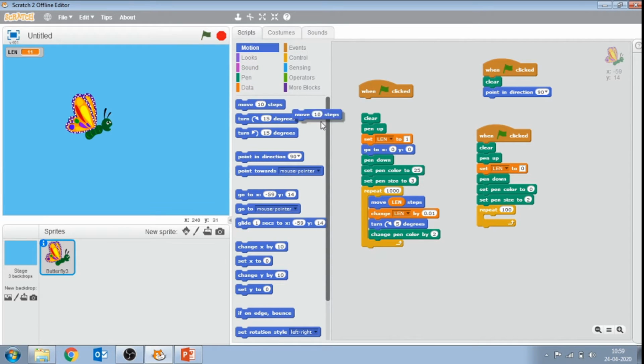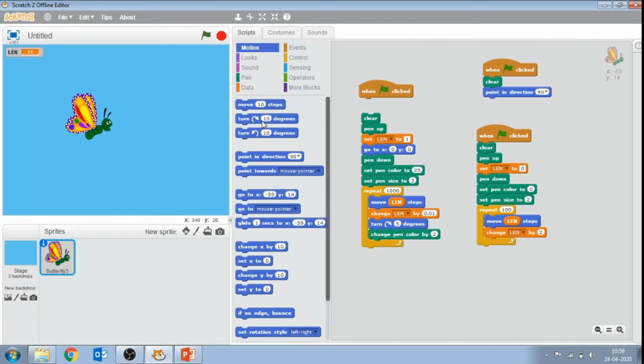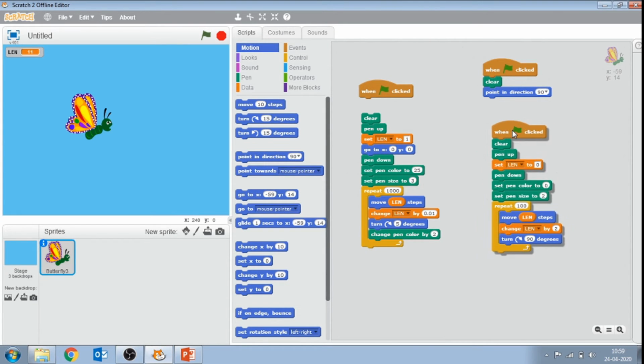Go to the motion block, move 10; instead of 10 steps, drag length, move length steps, then change length by 2. Go to the motion block and turn 90 degrees, because a square has 90 degree angles. And here our code is ready to use.